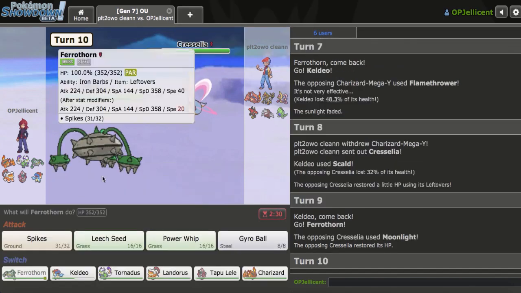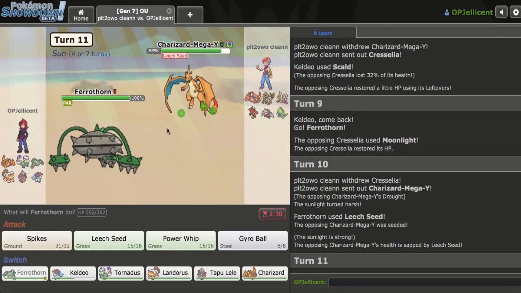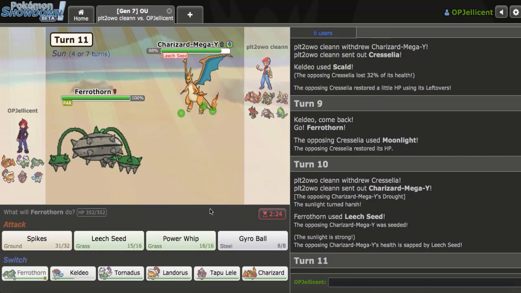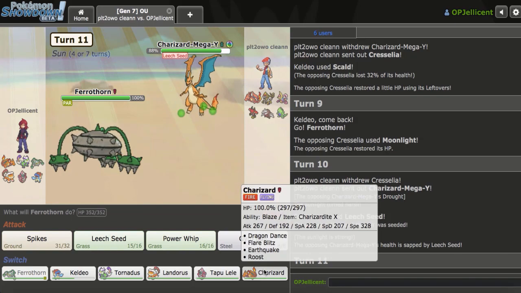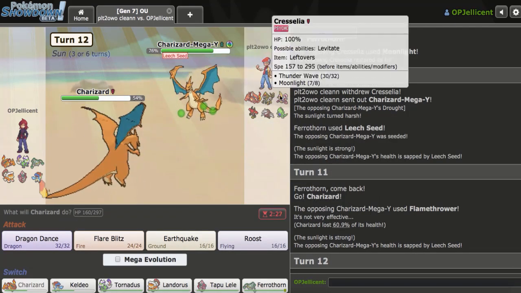I'll go right here into Ferrothorn on the Moonlight, as they should click that right there. Okay, I do get my Leech Seed off this time. I'm trying to chip this down into range of my Keldeo, that's the thing. And I'm keeping Landorus in the back just for this Drill, so I think this turn I can actually use Charizard as my pivot. On the Flamethrower, doesn't really take too much damage at all,